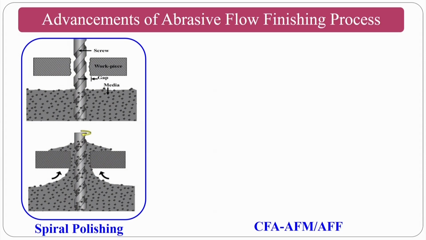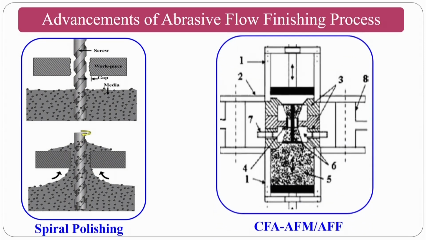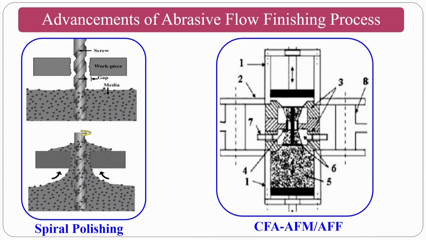But in centrifugal force assisted abrasive flow finishing, your medium should be low viscous, because, as you have seen, you are going to use different rod shapes: circular, rectangular, square, triangular. The author has used many types, but if the medium is too viscous, from the center of the shape, say a triangular or rectangular shape, and you want to give some centrifugal motion to the abrasive particle, it cannot reach the workpiece.